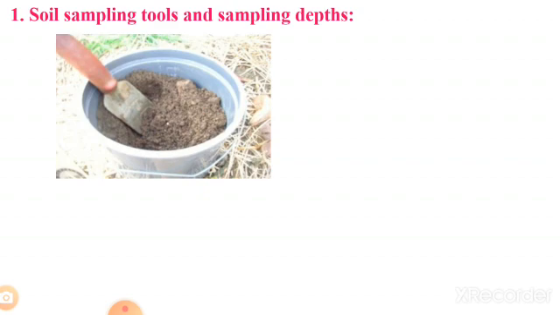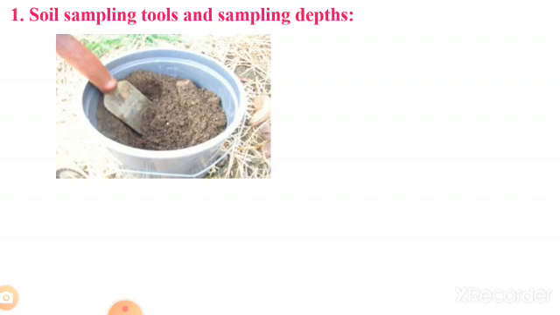To obtain a representative sample, a composite sample should be collected consisting of small portions of soil from approximately 12 locations with the help of any of the tools like auger, spade, khurpi or trowel. Before collecting the sample, organic debris, rocks and trash from the surface of the sampling area are removed.